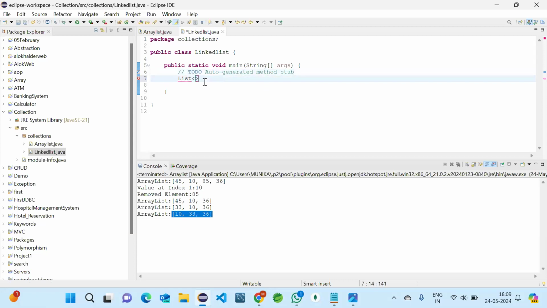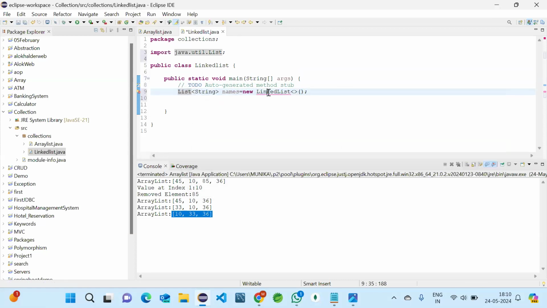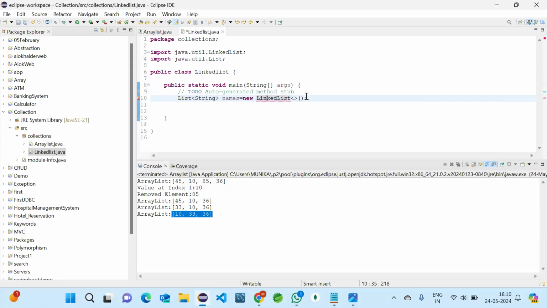This time I will take strings, string names, and what we wanted to do is a linked list. So we need to import it, and need to add elements.